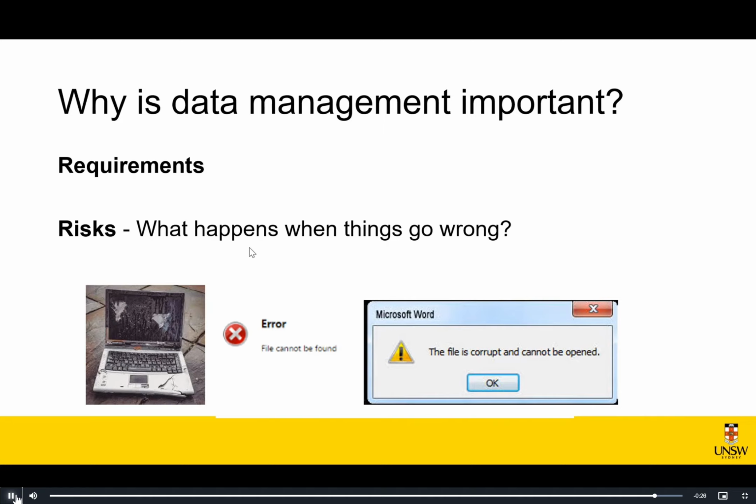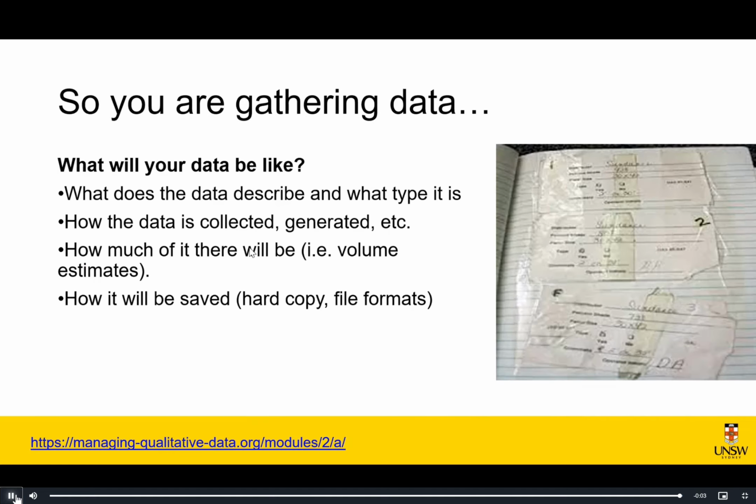So you really need to think about what is the consequence if something does go wrong with losing your data or not being able to find what the data actually means. And we need to make sure that we don't let these risks happen if they're going to be of particularly high consequence. So therefore, we need data management to ensure that we're protected